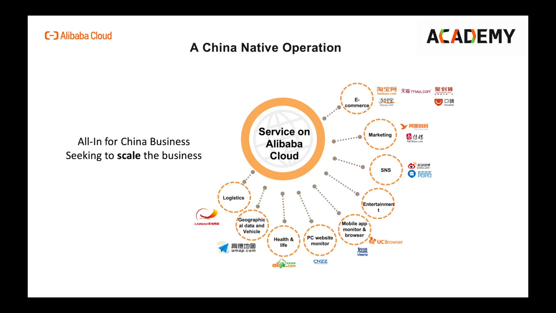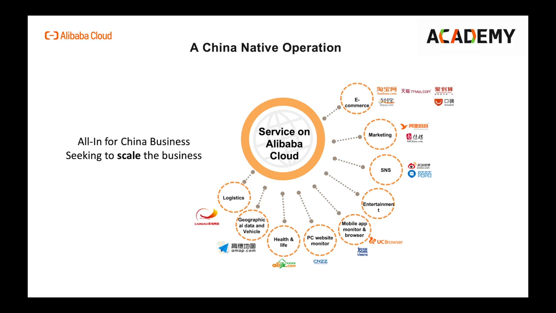Once you're a China native operation, it's time to consider scaling up and integrating with other Chinese services. And that could mean Alibaba services like Tmall or Taobao or Alipay for payments, but it could also mean services like Sina Weibo, like Chinese blogging services, or even Tencent's WeChat, which is a very popular chat tool here that's used for a lot of marketing and customer outreach and data collection. So you'd want to look at integrating with the rest of the ecosystem, and you'll also need to consider ways to compete with local competition.